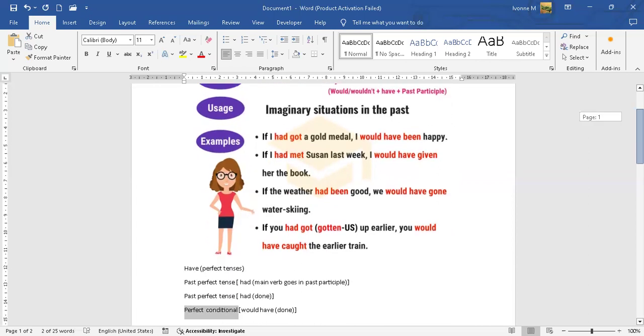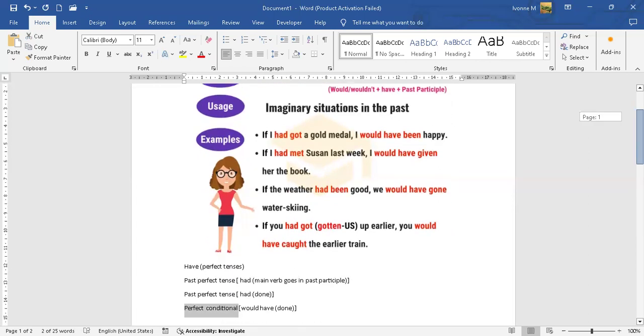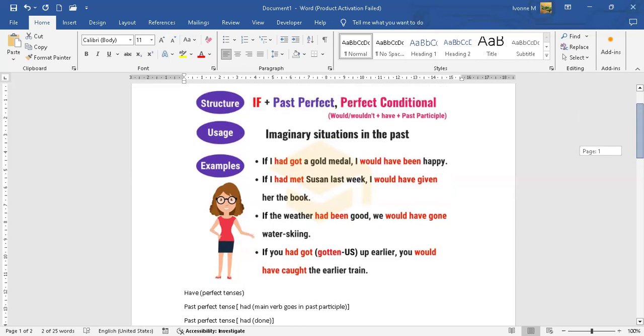I know this is a little bit tricky because we are seeing the perfect tense, and that's a little bit difficult because you have to think a lot about what's the auxiliary and the past participle and everything, but it's easy. It's not so difficult because